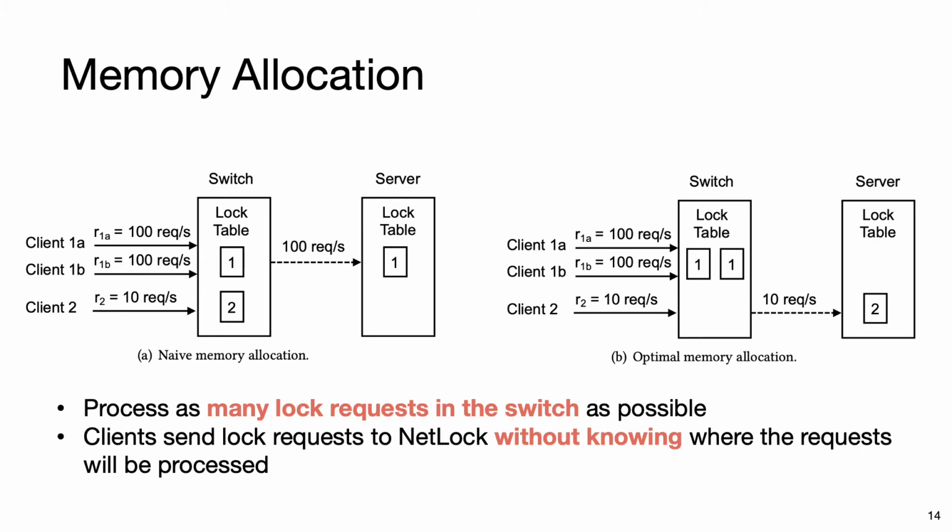Here is a simple example. We have 2 locks. Lock 1 has a contention of 2, and lock 2 has a contention of 1. And the switch can only store 2 requests. With the left allocation method, 100 requests per second for lock 1 will be sent to the lock server, while in the right allocation method, only requests for lock 2 will be sent to the lock server. And it's only 10 requests per second, which is much better than the left allocation, and it's also what we